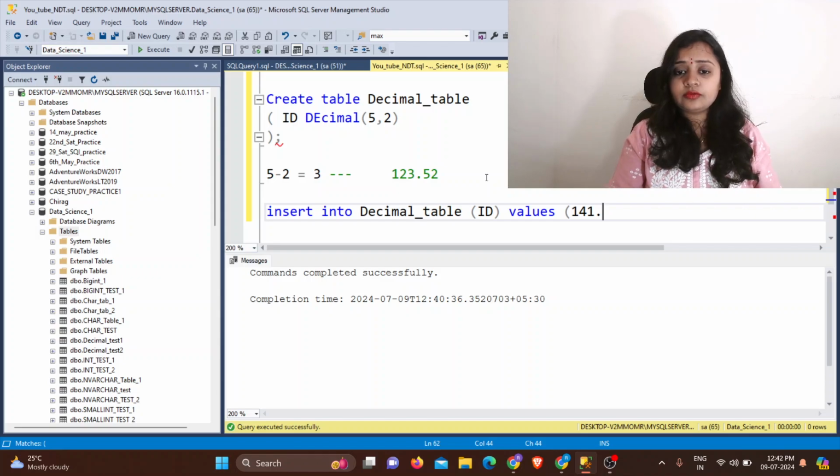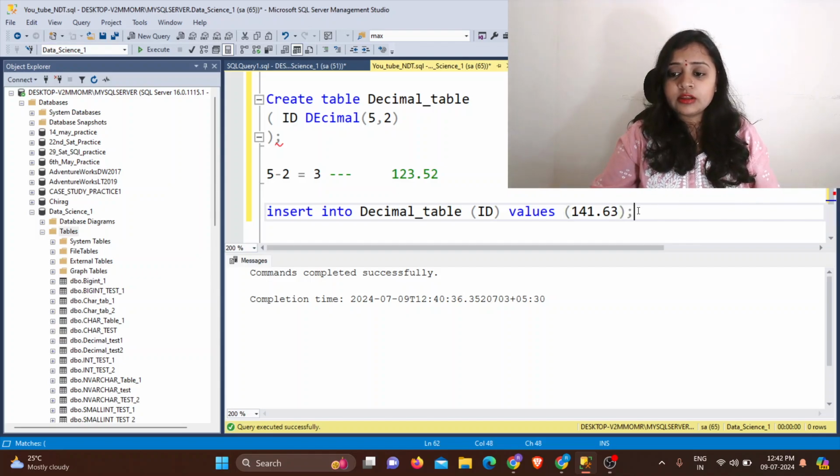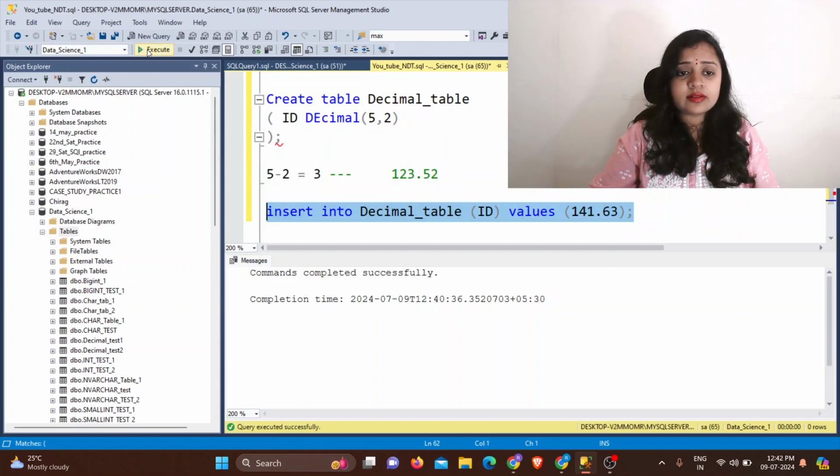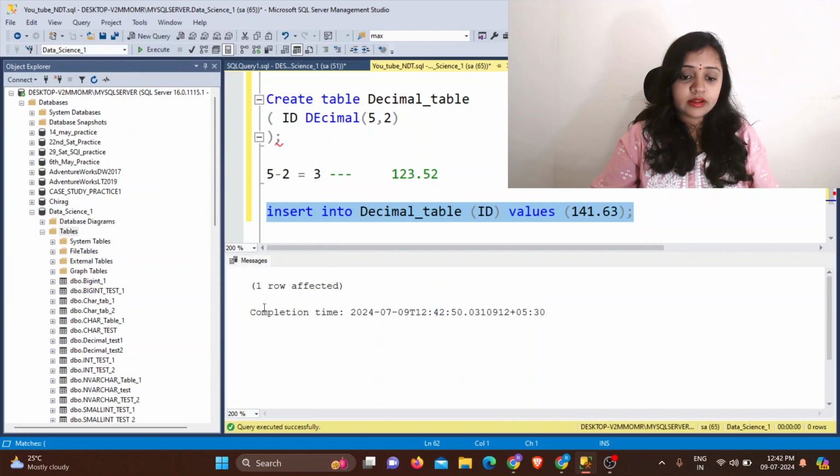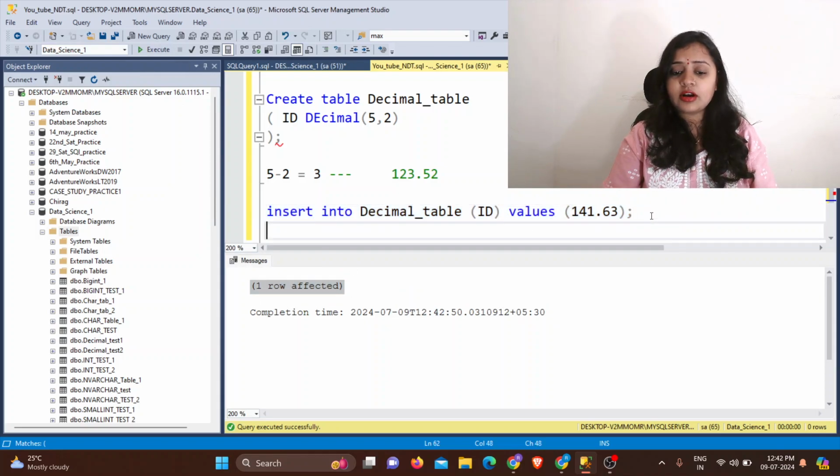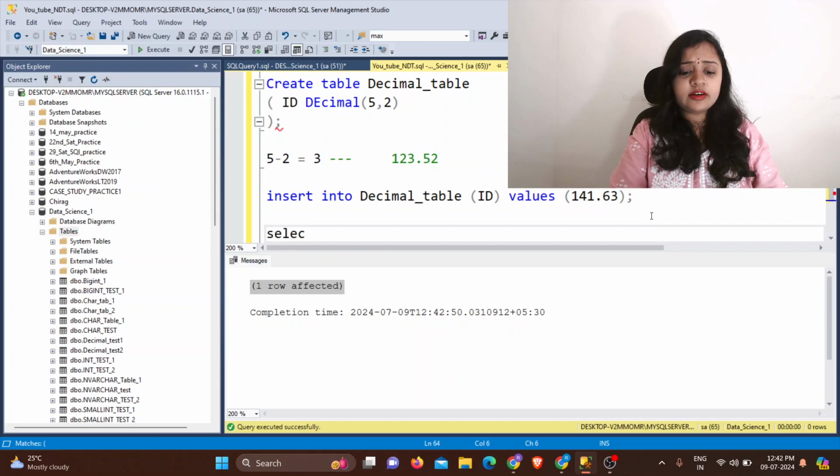I need to give only 3 digits before the decimal point. This is my decimal point, and after that I will give only 2 numbers. Now close the bracket and semicolon. Now select this and hit the execute button. See, one row affected, which means our number is inserted successfully.